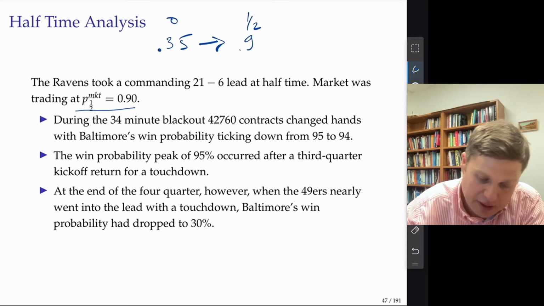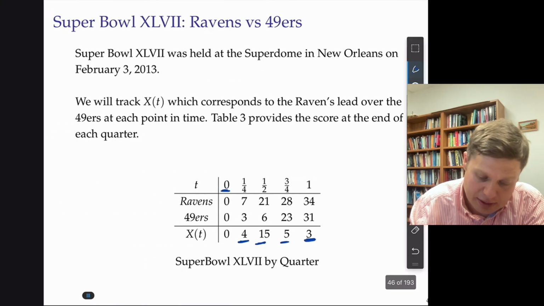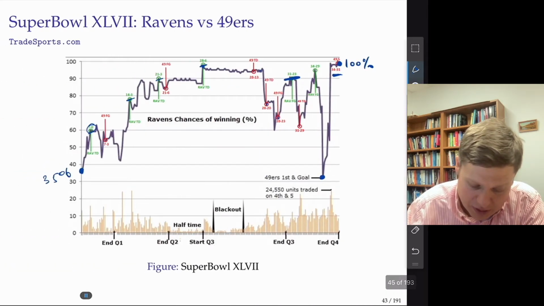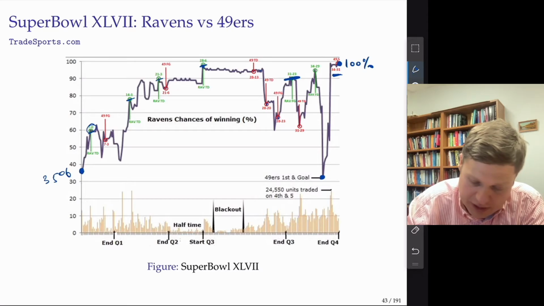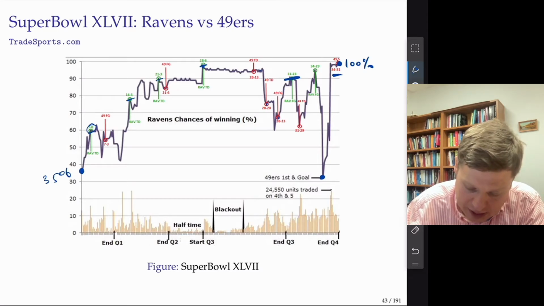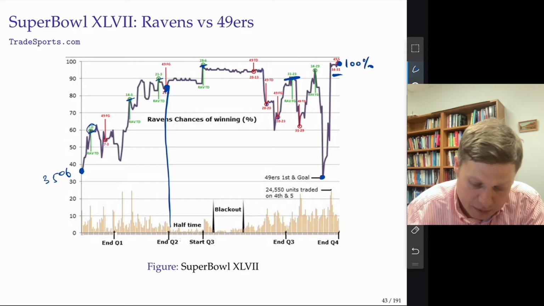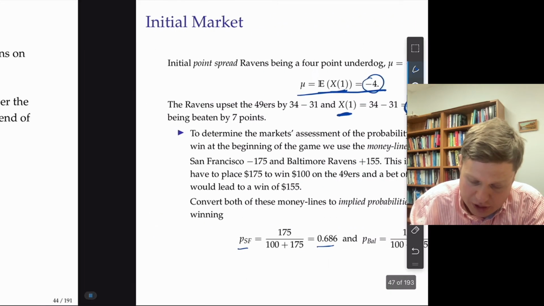Okay, so that's at the beginning. So let's look at the plot that was plotted here. So it was roughly 35% here, and then halftime, end of the second quarter, we are here. So yeah, we are at around 80%, 82%, and we actually calculated